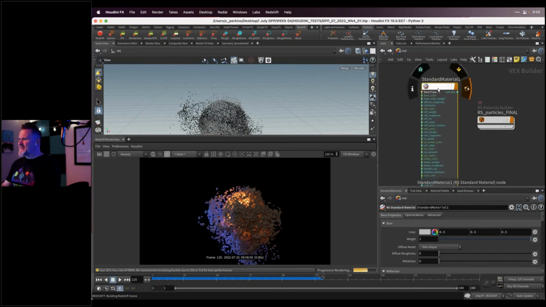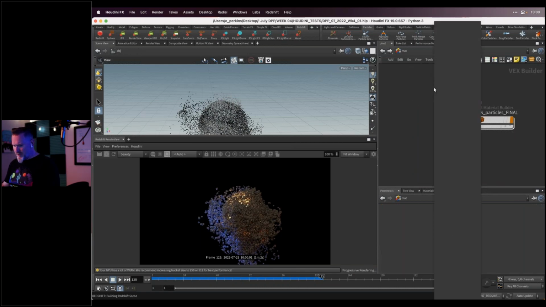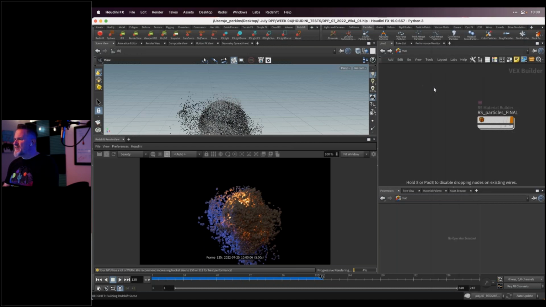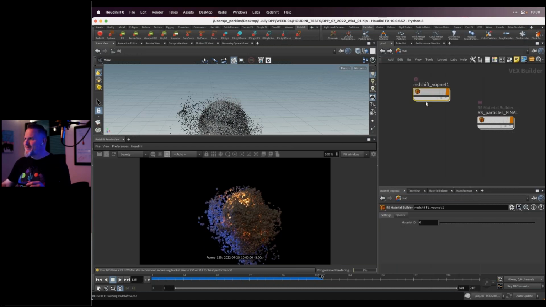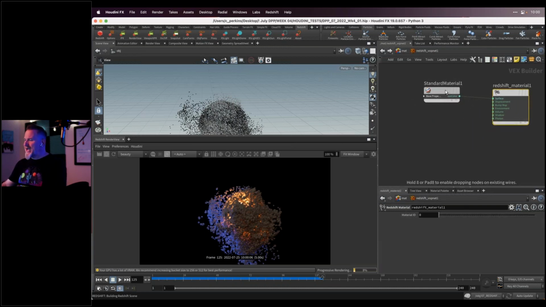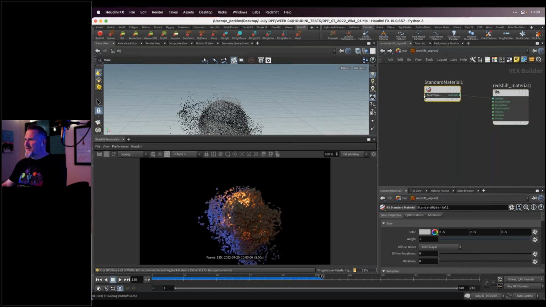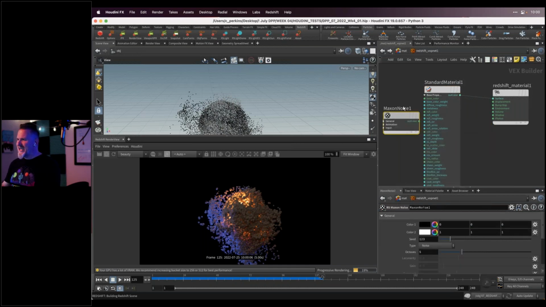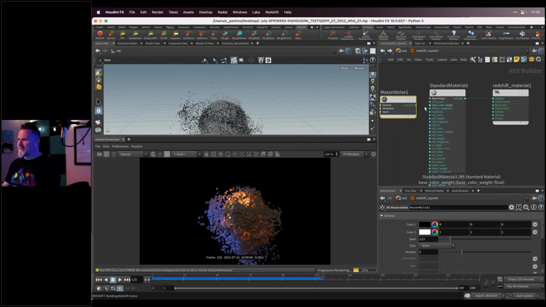Actually, you know what I want to do? Now I want to do an RS material builder, because it creates yet another sub network, and I double click this, and this is kind of like VOPs. So we have our output node, we have Redshift, open this up, we have base properties, all the things that we're used to seeing when we're in Redshift. And from here, I could even hit tab and look at this. Our good buddy RS Maxon Noise is here. And so we can wire this into the base color, anything that we want to do.